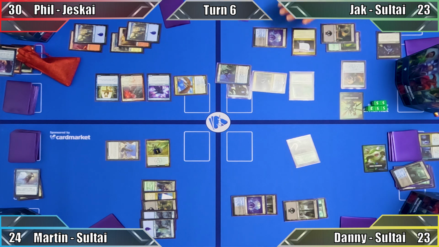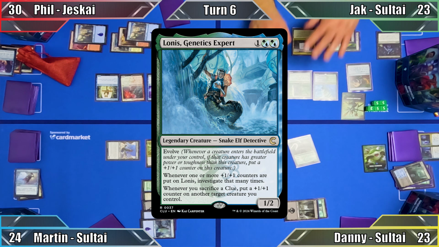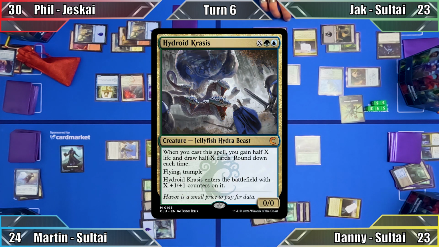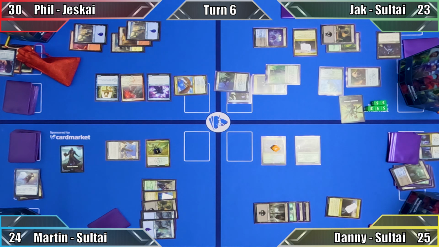Not yet finished, Jack moves to his post-combat main phase, where he casts Lonus, Genetics Expert, before ending his turn. Danny plays Thriving Moor, naming blue, and then casts Hydroid Krasis, where X is 4. He gains 2 life and draws 2 cards, and puts 4 +1/+1 counters on the Jellyfish Hydra Beast, before passing